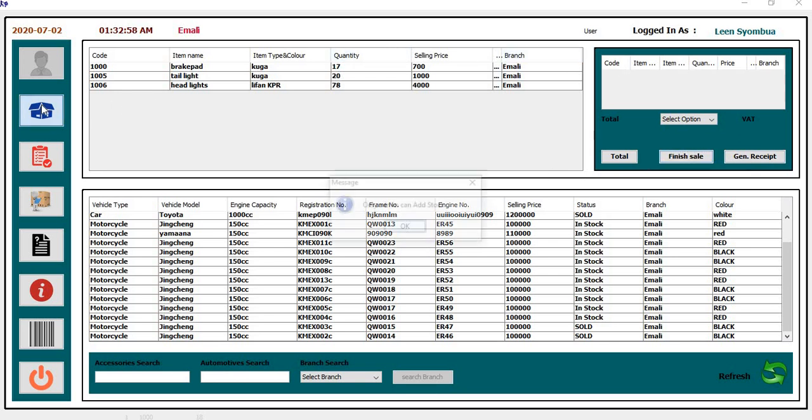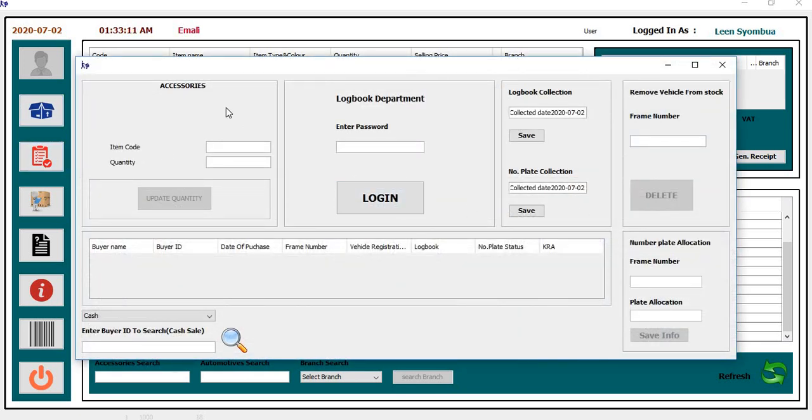So the user cannot add stuff. Only admin can add stuff. The user cannot update quantity. They cannot log into this place because they don't know the password. They cannot remove vehicle from stock. You can see those buttons are inactive. They cannot allocate number plates, but they can give